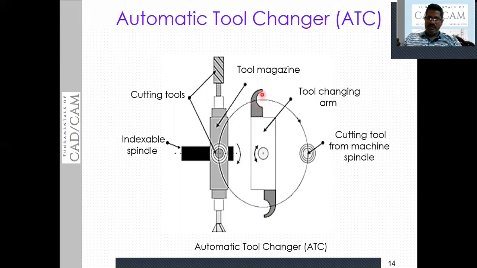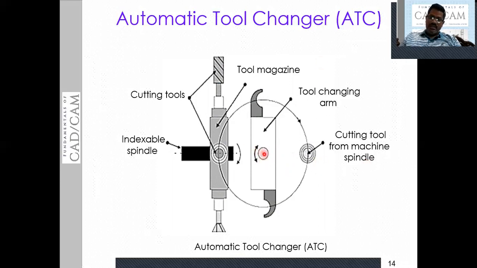You have an exact shape here to pick up the tool, and this automatic tool changer is free to rotate along a pivot. So now you can see, due to its design, as you can observe in this figure, it is free to rotate along the 360 degrees angle, and also this ATC is having provision to move along X and Y axis also.